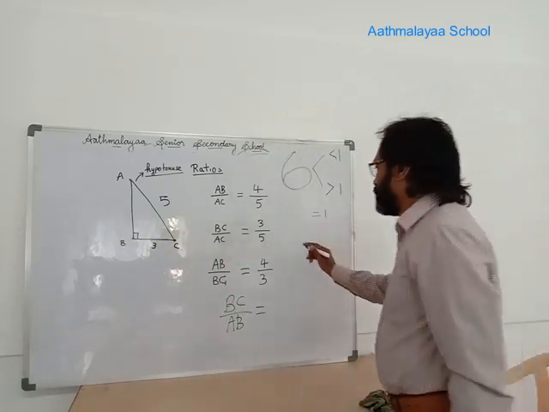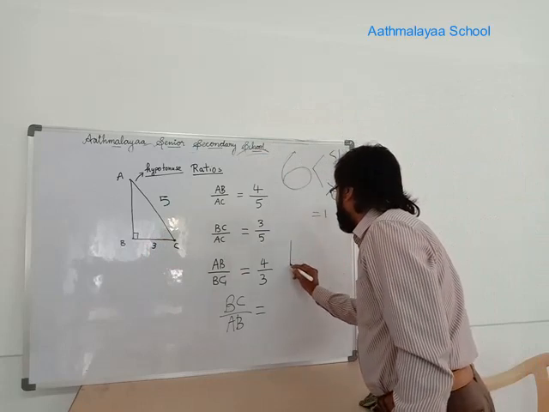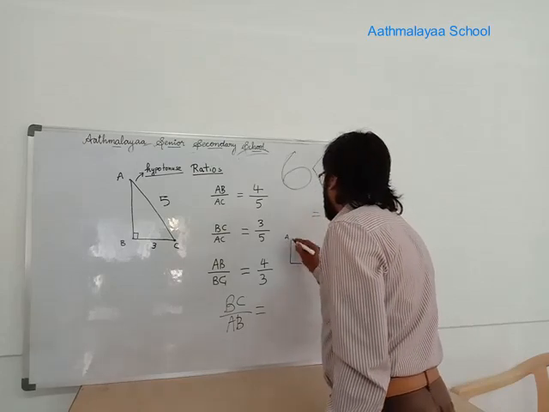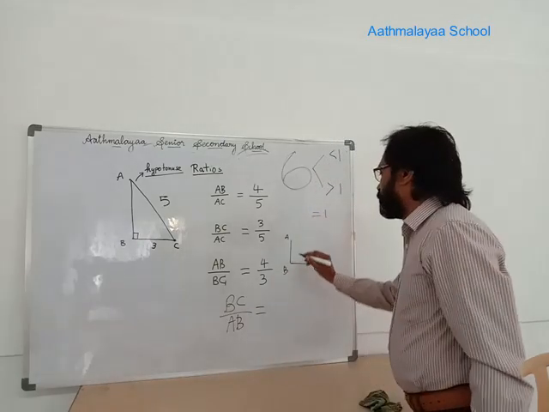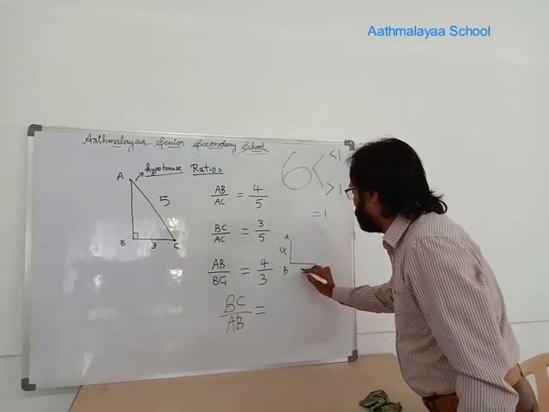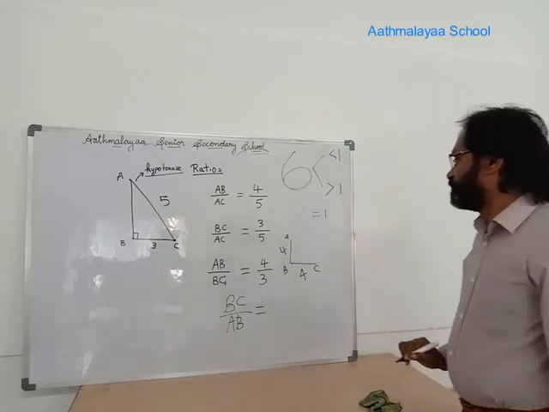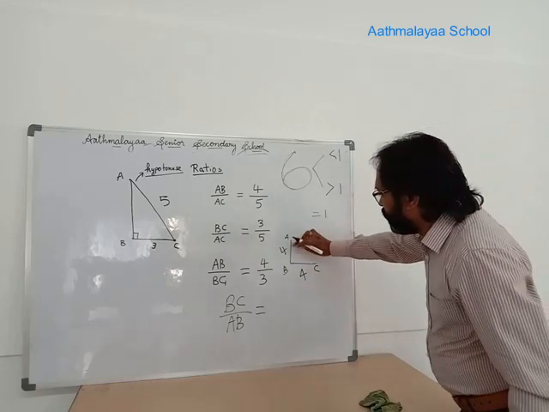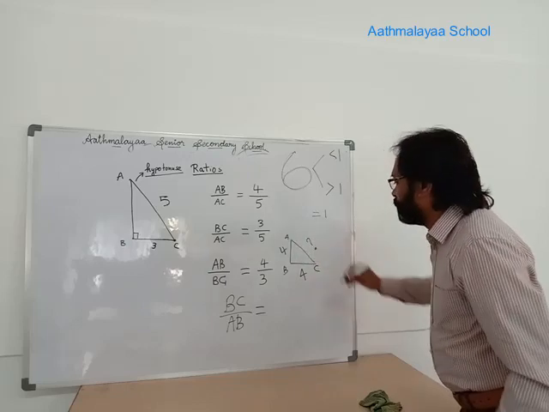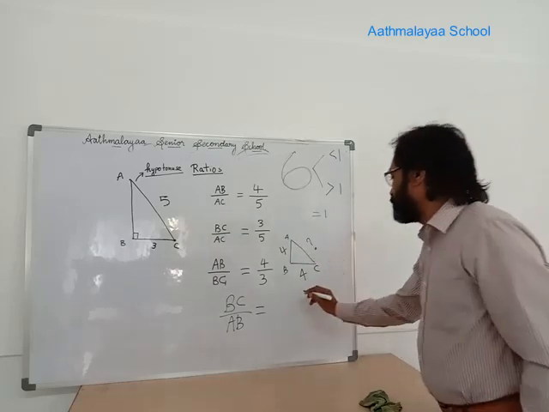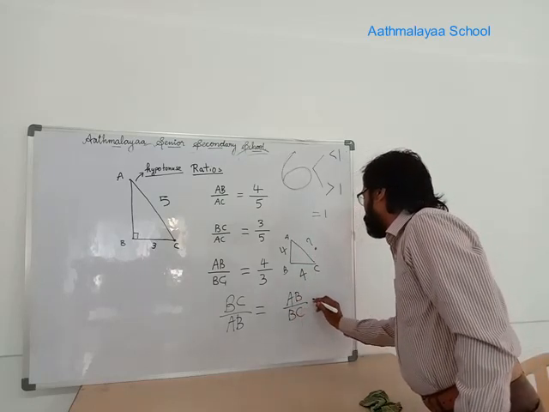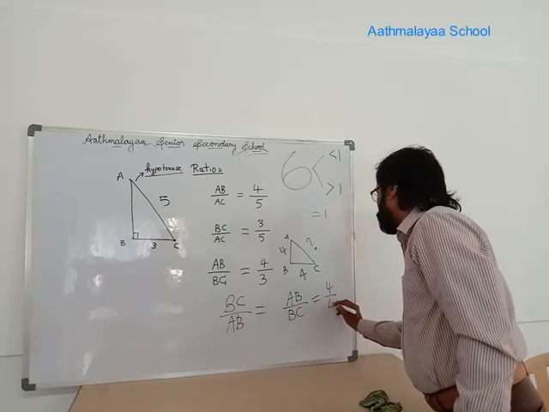But when we take, say, AB and BC to be like this, the same length, I can take AB and BC could be the same length. Say this is 4 units and this is also 4 units. Now AB and BC are equal. The hypotenuse may be something else, you know how to find it out. But in this case, AB by BC is equal to 4 by 4, which is equal to 1.